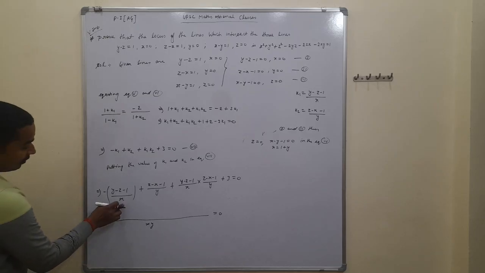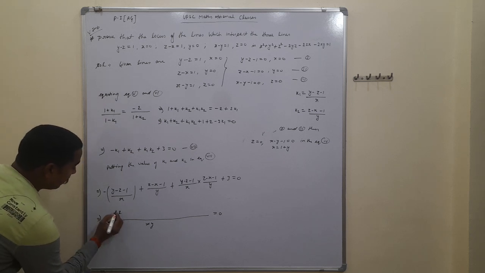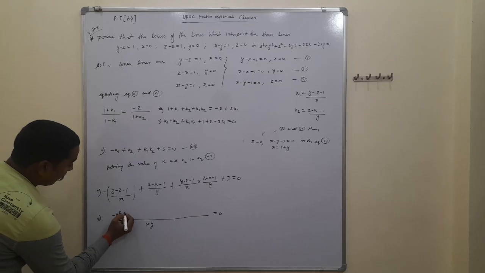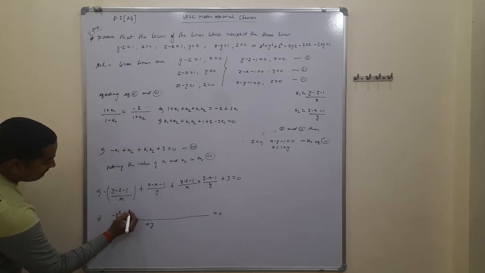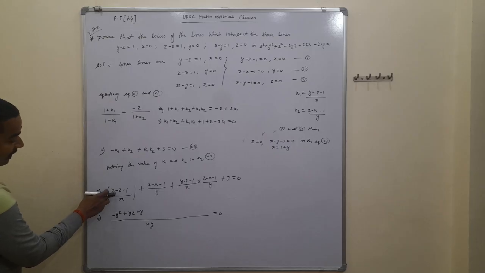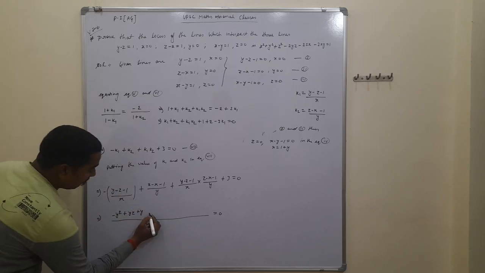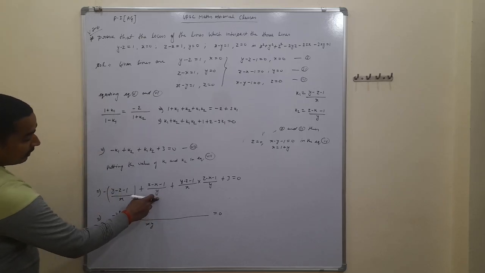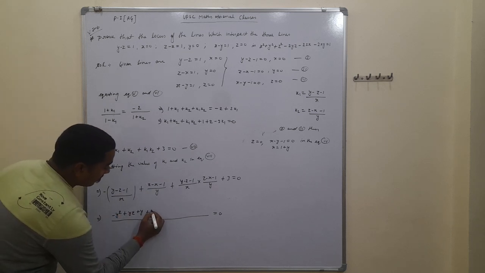We have to multiply it with y, that is minus of y square and plus of yz and plus of y. On multiplying, minus of y and plus of z and plus of 1, further we have to multiply with y, that is y square plus of y and plus of y. Further plus, here y is present, x is not present, so I have to multiply this term with x, that is plus of xz